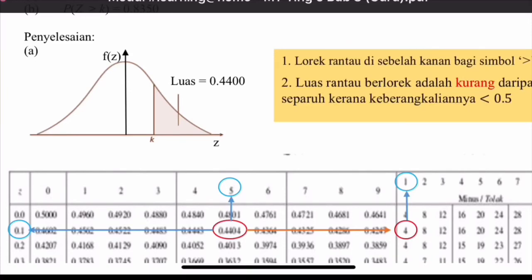So always use a red pen, you circle in red color the probability value that is close to 0.44. Then you draw the blue line pointing to the first column and the first row on top. So the first column is actually 0.1, that is your z-score, and then from the top of the 0.44,